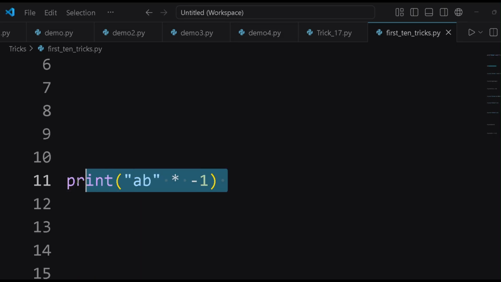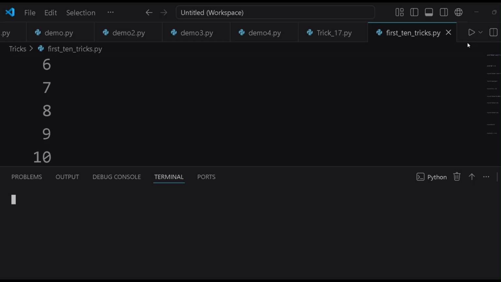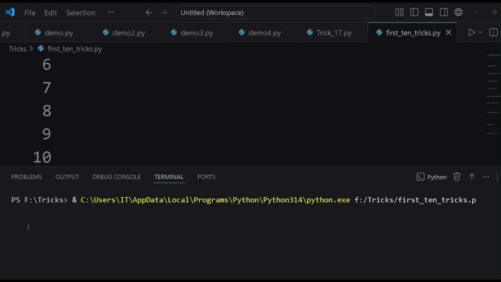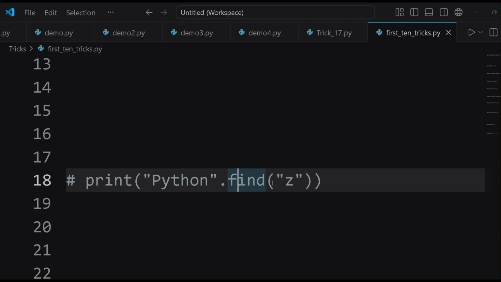Now let's make it even weirder. Now watch this. Print a b by -1. Most people expect an error, but Python simply returns an empty string. Negative repetition means repeat it 0 times. It gets even stranger. Trick 3, print